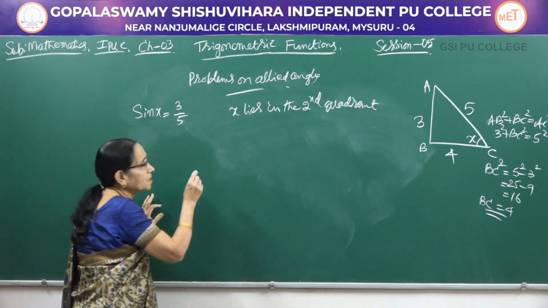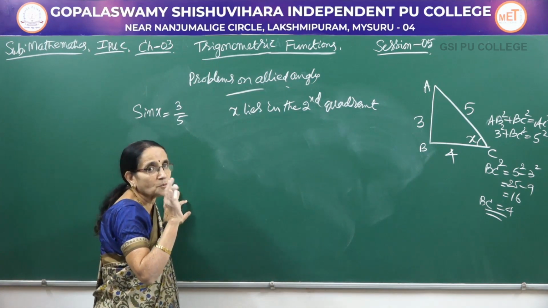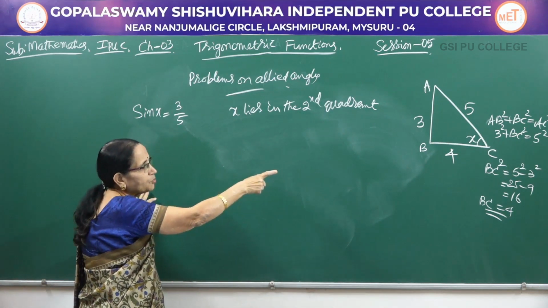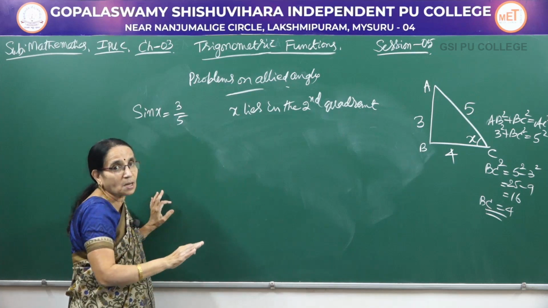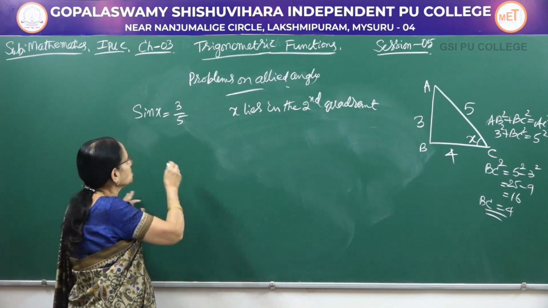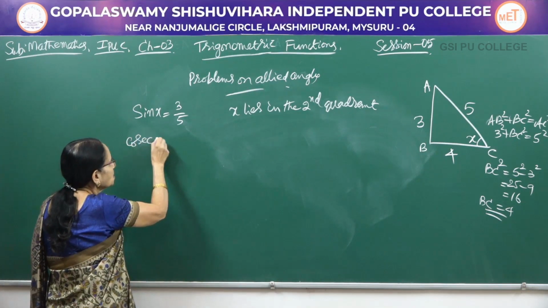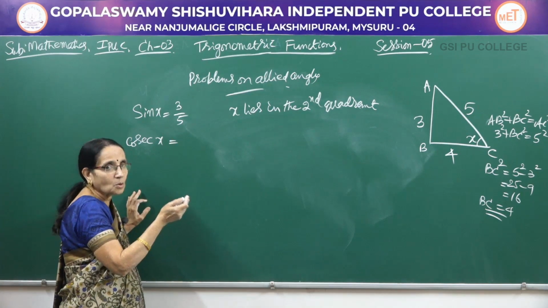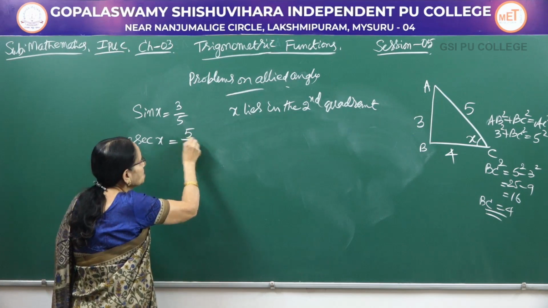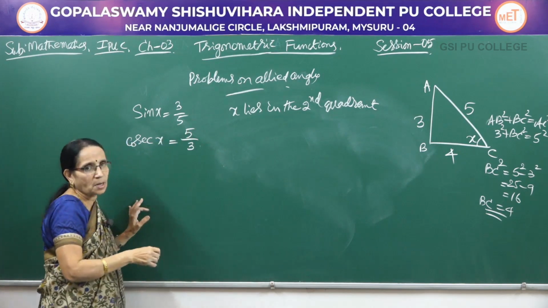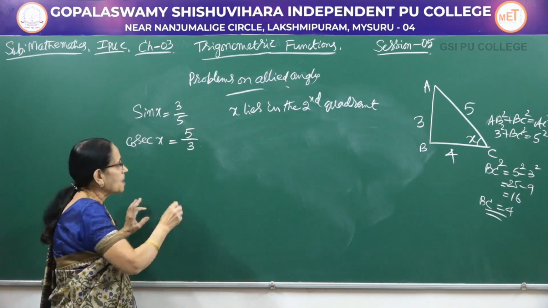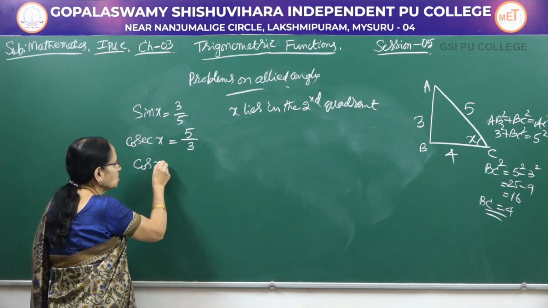Now we have to calculate the remaining 5 trigonometric functions. See, in the diagram that 4 can be written with a minus, but don't write that minus sign there. That is always confusing. Now let me go to the remaining functions, cosecant x, because in the second quadrant cosecant is also positive, which is the reciprocal of sine. So write that first. Whatever ratio is given, write the reciprocal first. Then we will come to the other ratios.